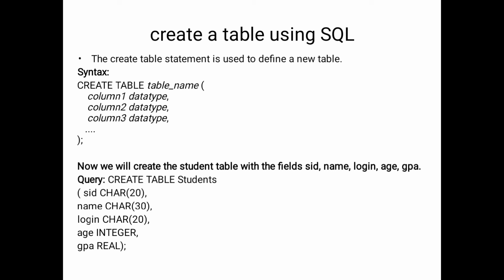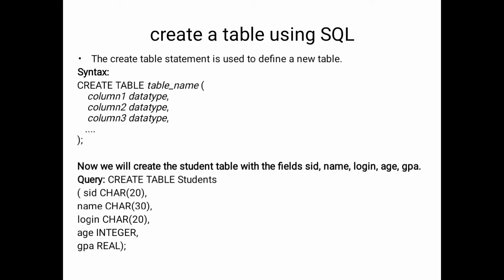Okay, next the second field is related to name. So name, space, how many maximum characters do you want? 30. Here I will consider 30. Login, login means like Gmail ID, chalapati@gmail.com. So here also the characters are available, that's why I will consider the data type as char of 20, comma, age. Age we will tell in the form of 15, 16, 20 like that. So here we will consider only numbers,